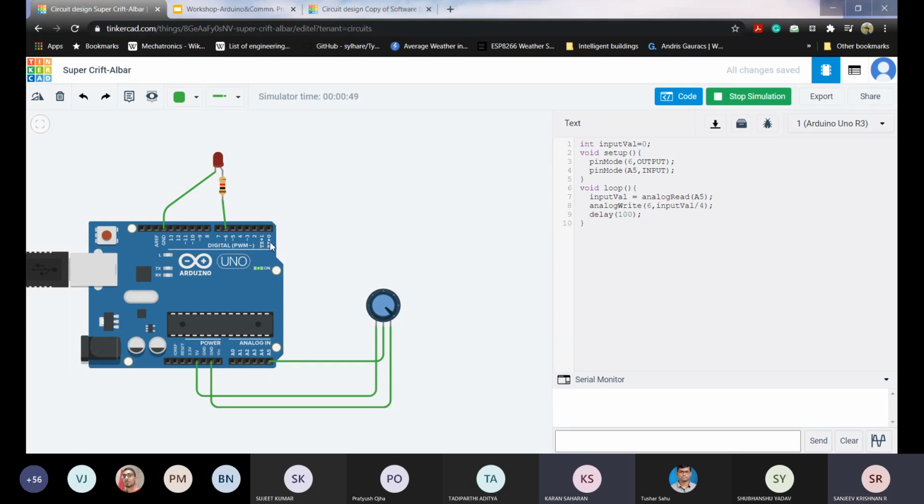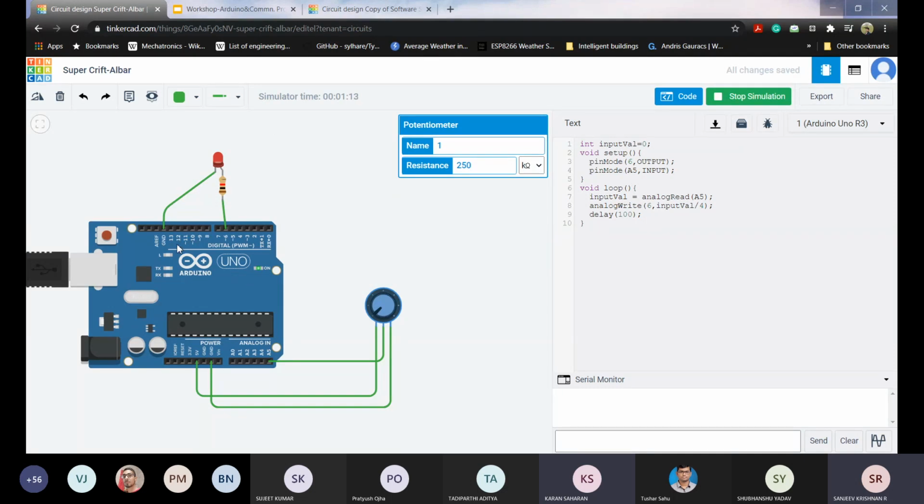It is flickering because, see, when the potentiometer is at full potential it is giving out 5 volts, and at the other state, it gives 0. So it is read, goes to the ADC, and is converted to 0 to 255.